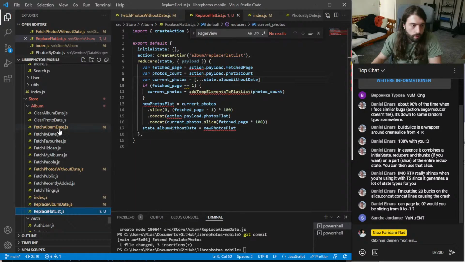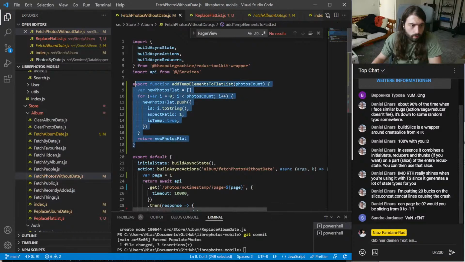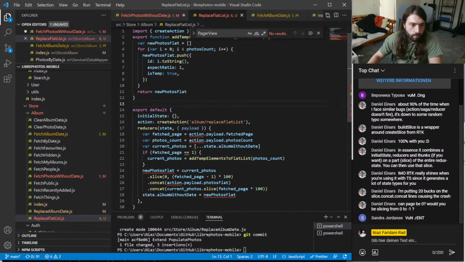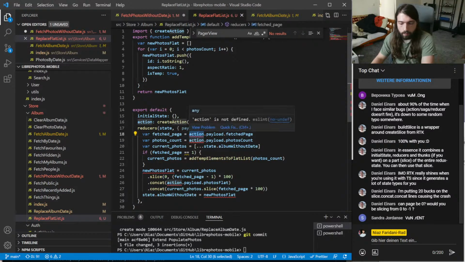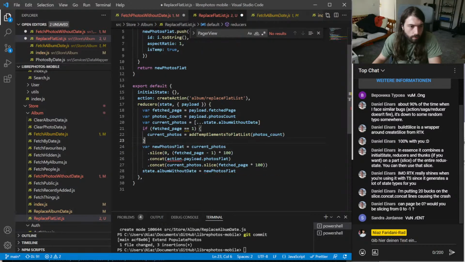And then I need, okay, payload photos flat. So these are the three things I have to add.